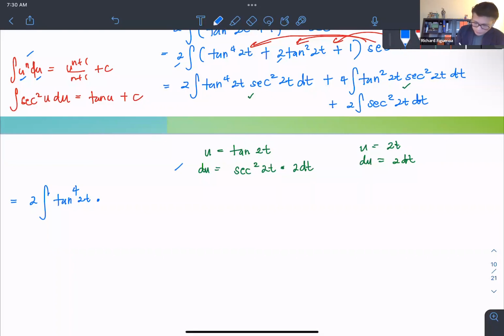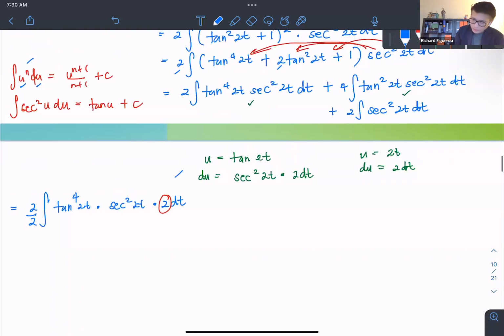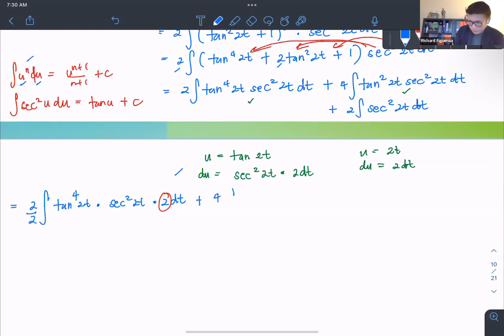So the derivative is secant squared 2t times 2 dt. So we are in excess of 2, therefore we divide by 2. And then, for the second term, we have plus 4 times the integral of, our u is tangent 2t, then the derivative is the same: secant squared 2t times 2 dt. And then we are in excess of 2 again, so therefore we divide by 2. And lastly, we have plus 2, the